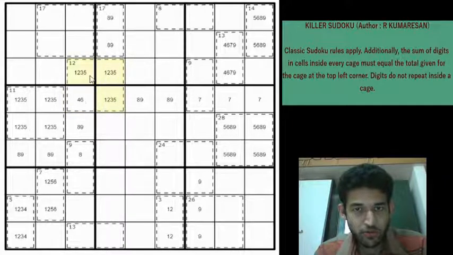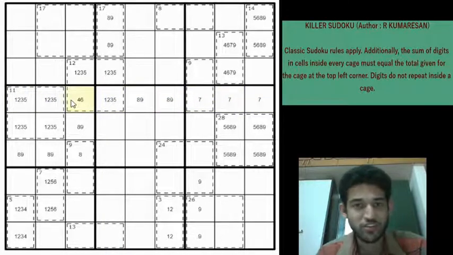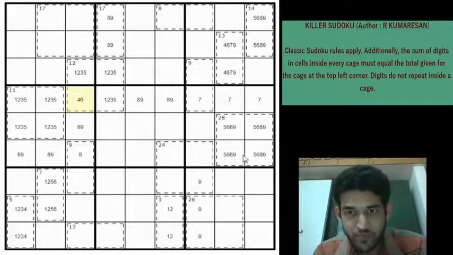So these are the only possibilities for these 3 cells. So a 6 is not in these 3 cells, a 6 is not in these 3 cells and 6 is not here. So there is only one cell left for the 6 in row 4. Fantastic. It's very difficult to see like this.